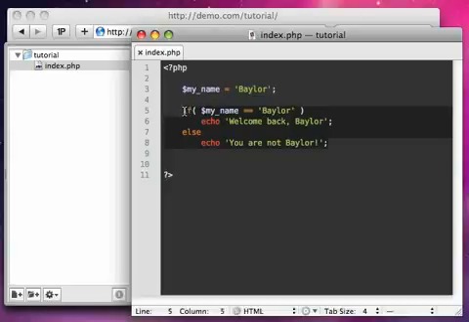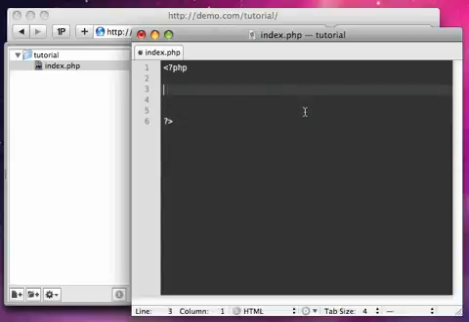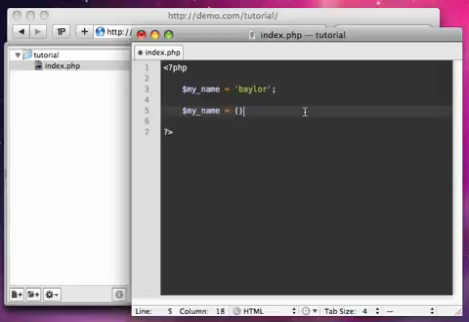What I could also do, and this is where ifs can get really, really complicated, is let's create a variable, and we'll call this my name again. We'll say this is Baylor. What I'm going to do is say my name is equal to. Now this is where it gets really complicated. What I'm doing is I'm going to write an if. I'm writing parentheses, saying if it's equal to. Now this is where it's saying an if. So if I say my name is equal to Baylor,